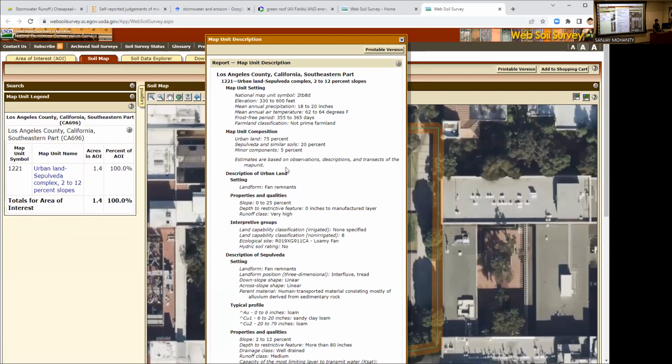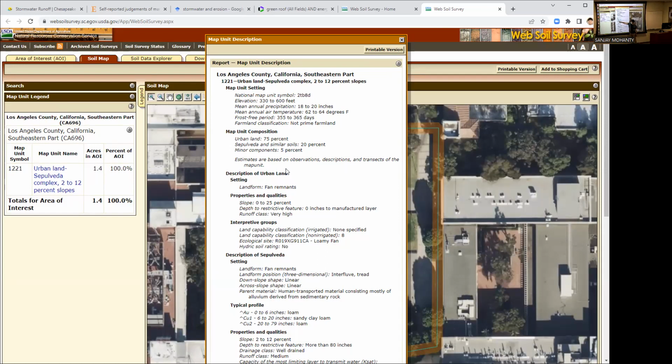Here, at the very top, it says elevation, annual precipitation, so you know how much water it received. It gives everything. Urban land 75%, and soil is 20%. What does urban land mean? The natural soil is no longer there. 20% is natural soil, and the rest is just dumped here when they build all that. Either way, they give you some idea of what that means.